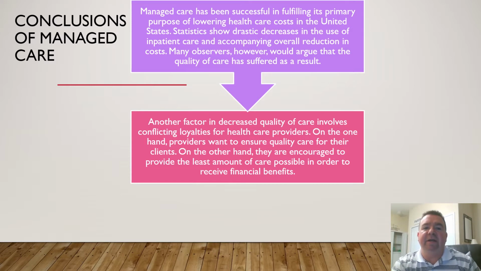Another factor in decreased quality care involves conflicts in loyalty for healthcare providers. What's that mean? Well, on one hand, you want to do the best for the patient, but on the other hand, you want to kind of back off ordering tests or diagnostic tools, or rehabs, things that may benefit the patient because of cost. So it's that balancing act that we see. It's kind of like, do I do it? Will it really help the patient? Or do I not do that because it's going to cost more and that's less reimbursement? And that's where the big dilemma's been with managed care: where's that balance? How do we fix that?